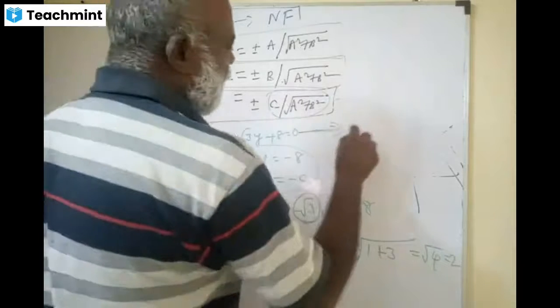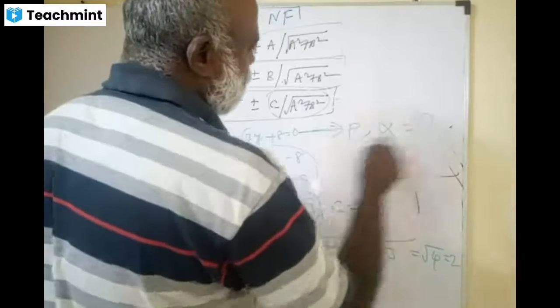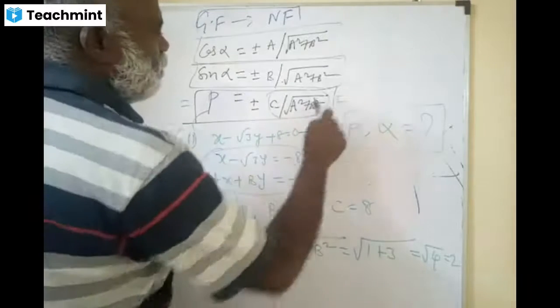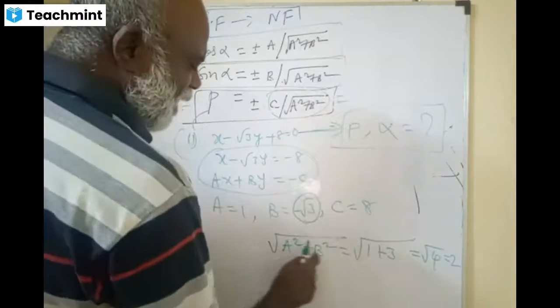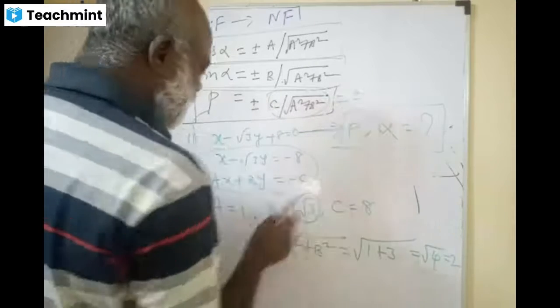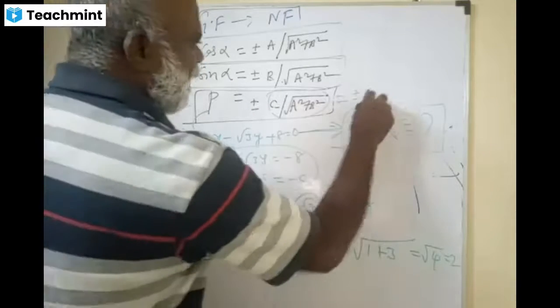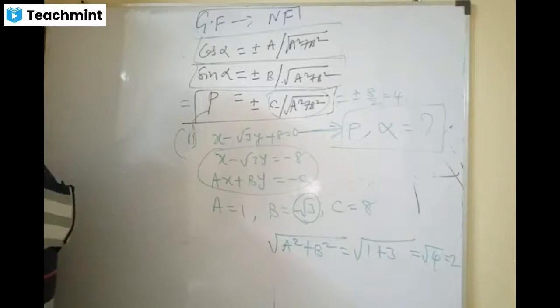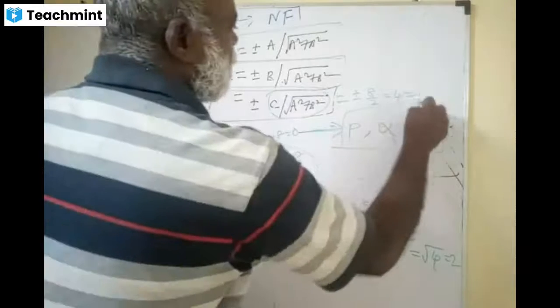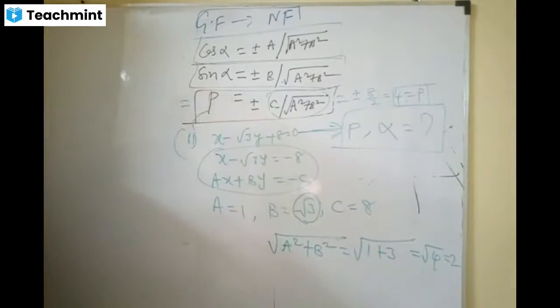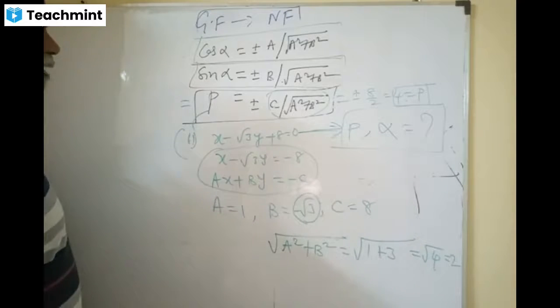This is the given equation. You have to find out P and you have to find out alpha, both. Now please, you know that P equals the root of a square plus b square, which is 2, and plus or minus c. What is c? C is 8 by 2, so it's only 4. Plus or minus 4, minus not needed. All of you agree? Please. So P equals 4. Right. Friends, if P equals 4, please watch here.